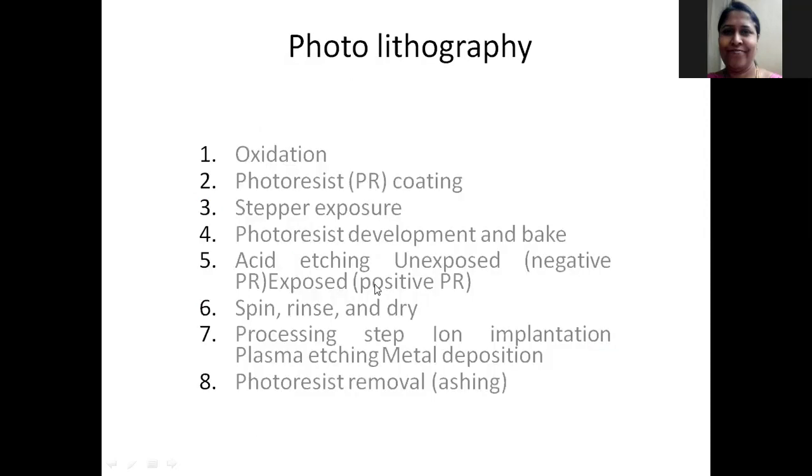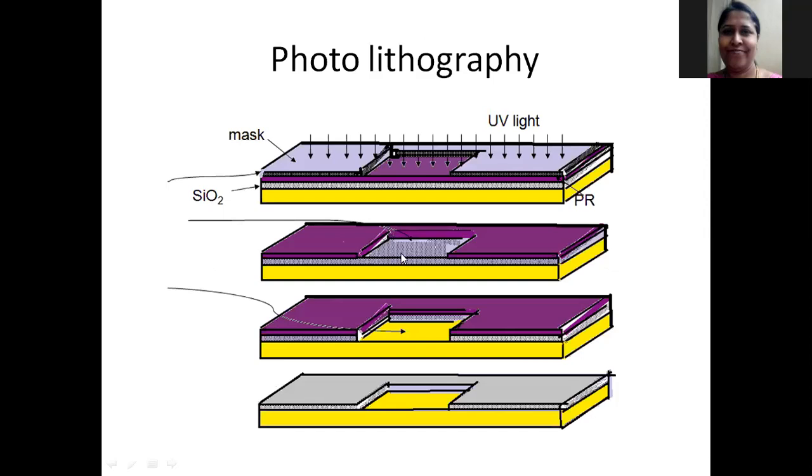Next we have to remove the photoresist material from the center portion with the help of a process. You can go for chemical etching. When you do chemical etching, you make use of a chemical solution to dissolve the photoresist material which reacted with the UV rays. You can loosen that and remove it.